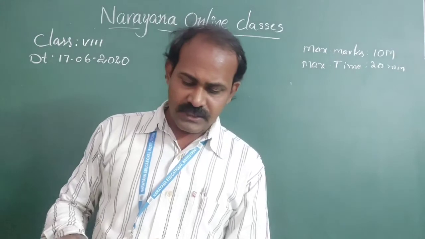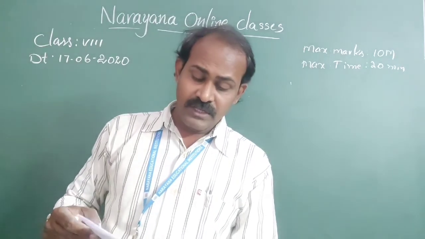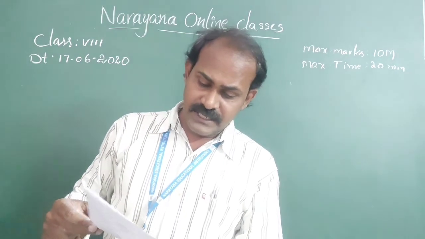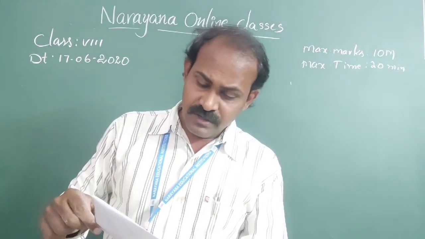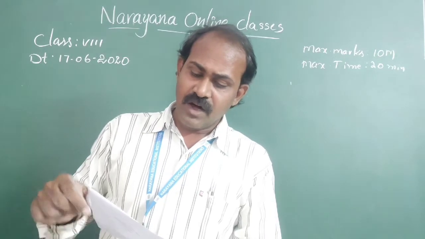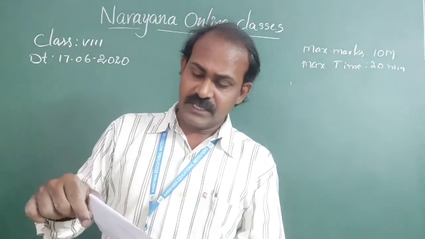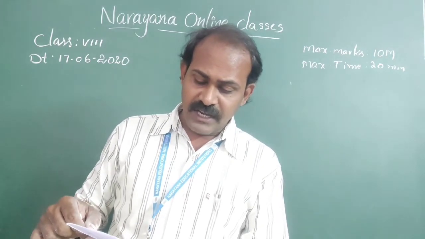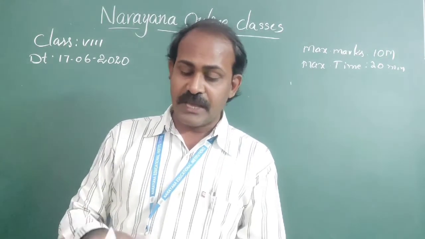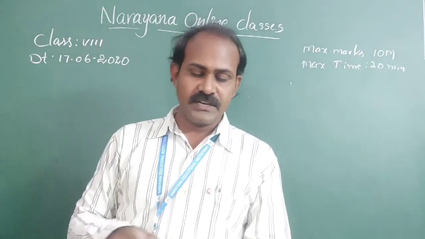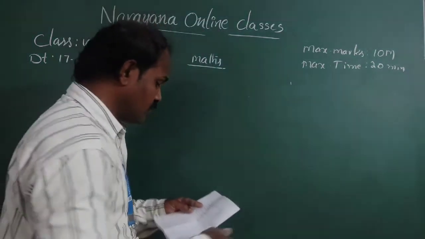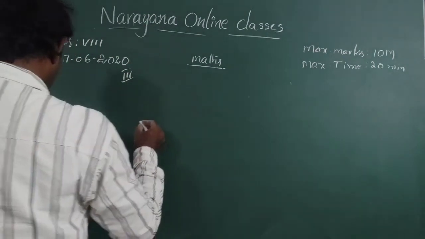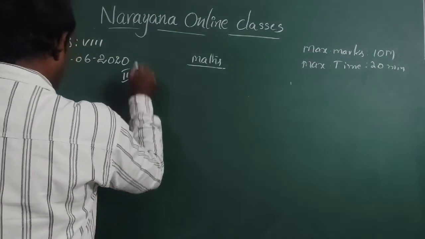Now we are going to discuss the third Roman. A sum of 500 rupees is in the form of denominations of 5 rupees and 10 rupees. If the total number of notes is 90, find the number of notes of each denomination. It's very easy, children. So look at the board. Solution, third Roman, fifth one.